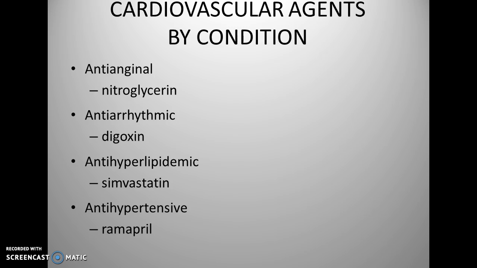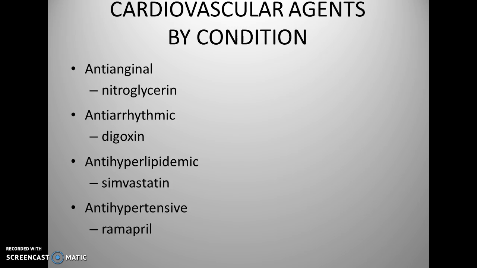Antiarrhythmics are used to treat irregular heart rhythms, and we talk about drugs such as digoxin. Digitalis should also fall under this. Digitalis was discovered during the 1700s, and was one of the first drugs that we learned about in chapter 2. Antiarrhythmics can also include beta blockers and drugs that block sodium, potassium, and calcium channels.